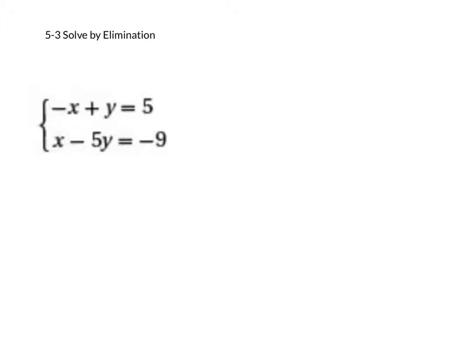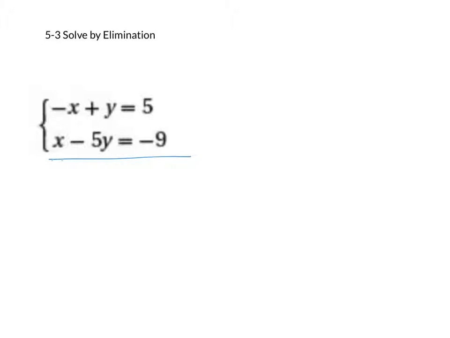So when we solve systems of equations by elimination, we are trying to eliminate a variable. Basically, we have two variables, x and y, and it makes it tricky to solve for a variable because we have two variables to solve for. So if we eliminate one of them, it makes things a lot easier. So for this first system of equations, which just means more than one equation,